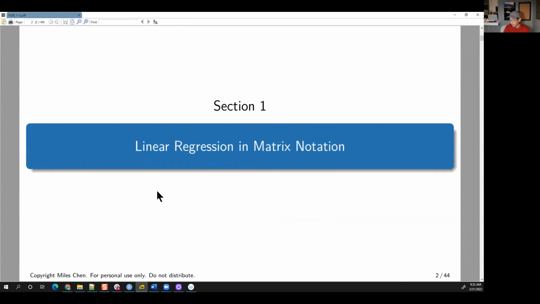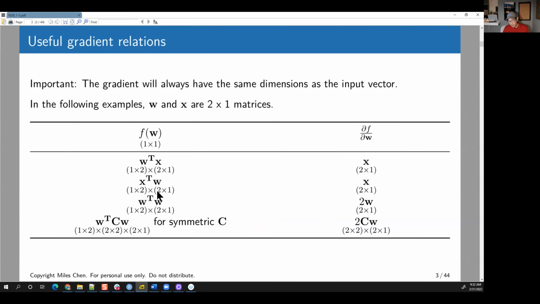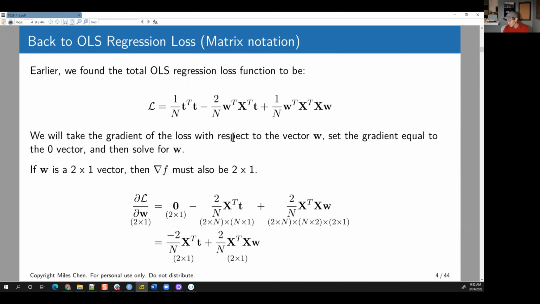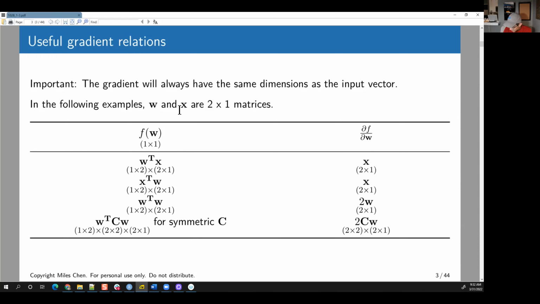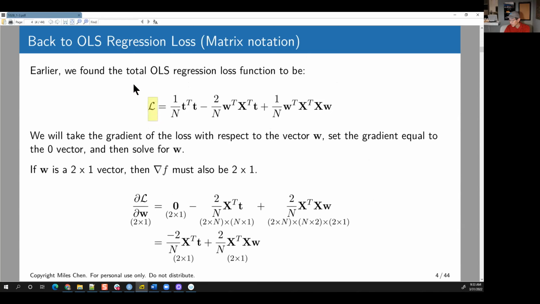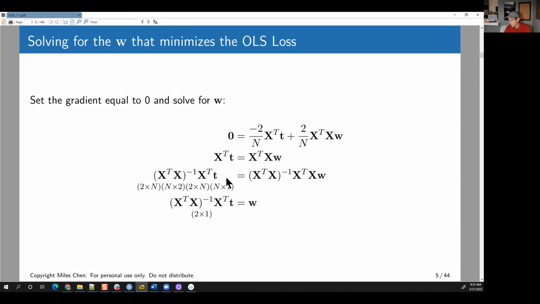Okay, so we left off yesterday, and we were talking about linear regression and matrix notation. We said what we want to do is present fitting a linear regression line in matrix notation. The line that we're going to fit is going to be x times w. We have a loss function, an objective function, that we want to minimize. This loss function represents the sum of squared residuals. We can take the difference between the actual values t and the predicted